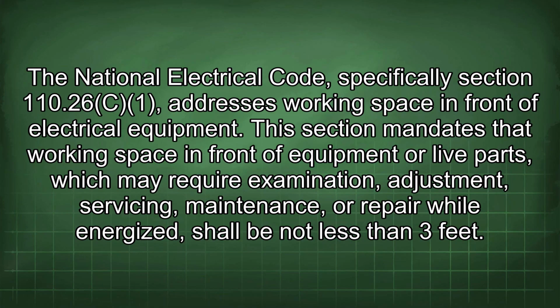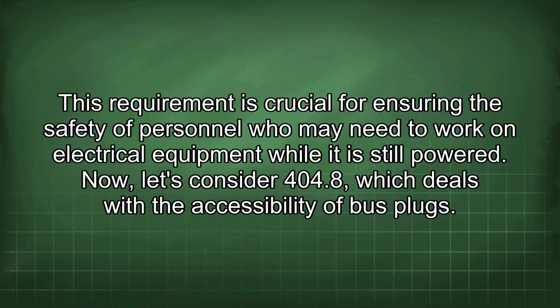The National Electrical Code, specifically Section 110.26(A), addresses working space in front of electrical equipment. This section mandates that working space in front of equipment or live parts, which may require examination, adjustment, servicing, maintenance, or repair while energized, shall be not less than 3 feet. This requirement is crucial for ensuring the safety of personnel who may need to work on electrical equipment while it